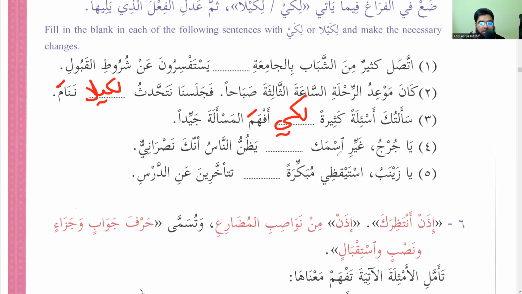Ya Jurju, ghayyir ismak. Yadunnu nasu annaka nasraniyu. Oh George, change your name. People can think that you are a Christian. So that people don't think you are a Christian. So this will be likaila. Likaila. Correct? Likaila. And yadunna mansub. Likaila yadunna nasu annaka